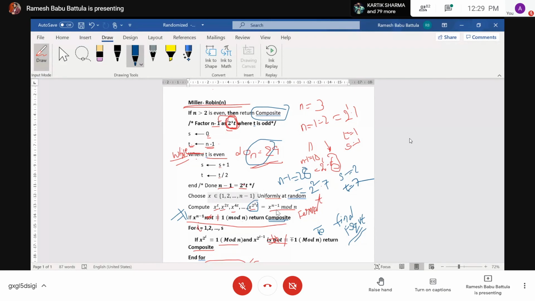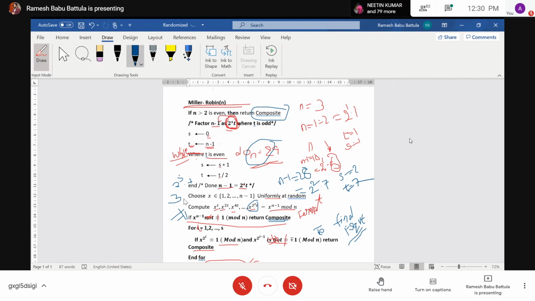Then you have to verify here. Choose any number here. How many numbers are there? 1 to 28. Any number you may choose, suppose 3, or 4, or 5, or whatever number you may choose. Suppose you choose number 3. Then you are required to find 3 to the power 2 to the power s into 7. What is s? 2. That means 4. 2 to the power 2 into 7.